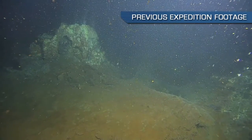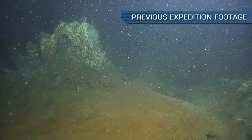Very exciting. And what are your main research goals for the leg? Our main research goals for this leg is really to look in detail at these submarine volcanoes to learn about their structure and their activity. So very little is known about these volcanoes. One thing we're interested in is how recently have they erupted. So by going down with Hercules, we should be able to get information about whether there's been a recent eruption